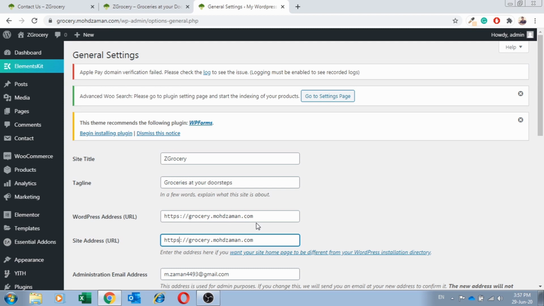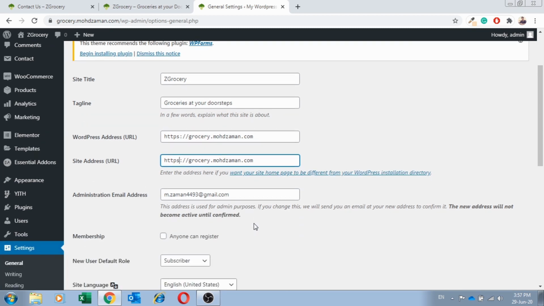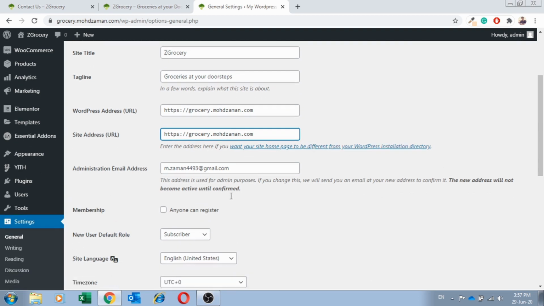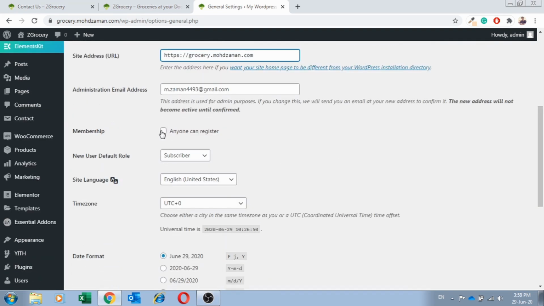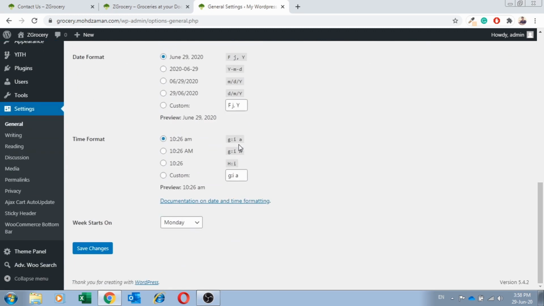All right, and now come down, and in the admin email address, make sure you have your own personal email address, because this is going to be used when someone contacts you from your website. Now scroll down and click on this checkbox, Anyone can register. If you do not click on this checkbox, no one will be able to register on your website. So scroll down, click on save changes,